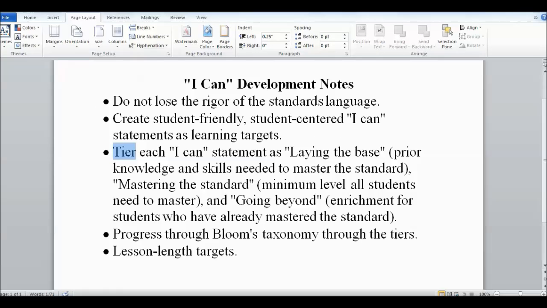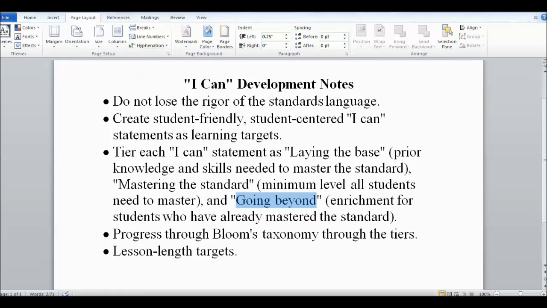So as we think about it, we want to have I can statements that are about prior knowledge and skills needed to scaffold up to the standard. We're going to call those laying the base. And then we also want to have those standards that represent exactly what students must be able to do or know or understand. And we're going to call that mastering the standard. And then we'll have a last category called going beyond. And that's to prepare for those students who are ready to be enriched and move a little bit past this particular